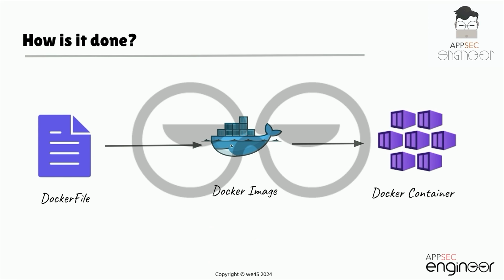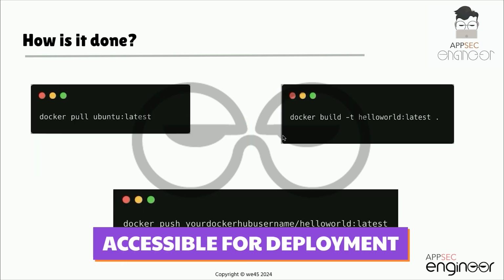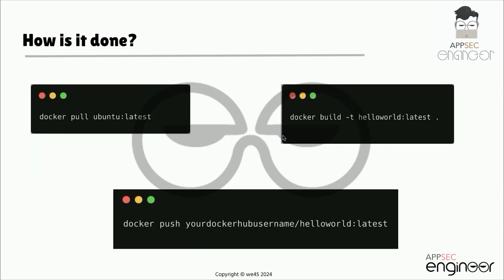So in push image, whatever built image we have, we are going to push it to the Docker registry, say Docker Hub or any other private registry, using the docker push command. So this makes the image accessible for deployment. In case of pull image, on any system where the application needs to run, you pull the image from the registry using the docker pull command. So you have docker pull Ubuntu, and once you do that, you have Ubuntu and it's all ready to use.